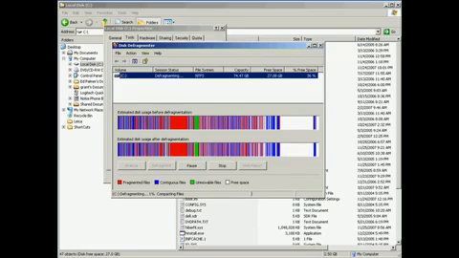So it's updated my dialog with two areas: estimated disk usage before defragmentation and estimated disk usage after defragmentation. You'll notice the red are the fragmented files. Now, what is a fragmented file? Well, the software, the operating system that is, stores all your data files in little clusters on your hard disk. Now those clusters may not be next to one another, and so the software, the operating system, has to look